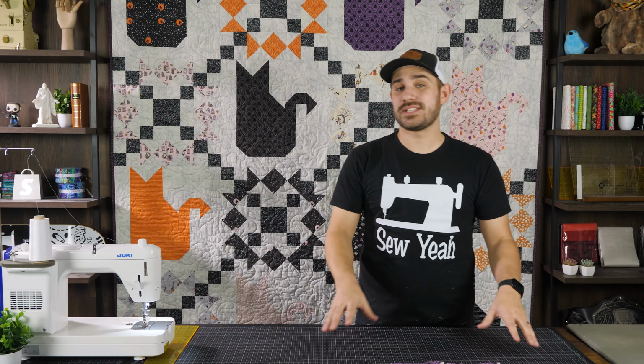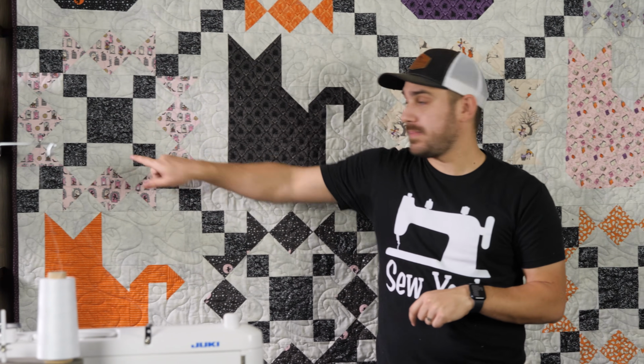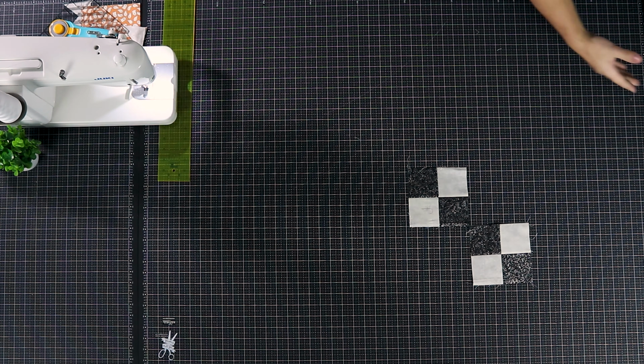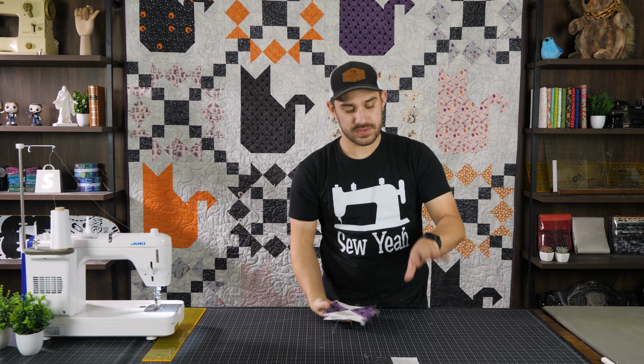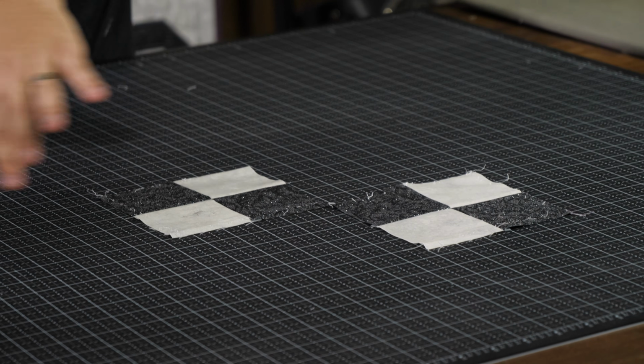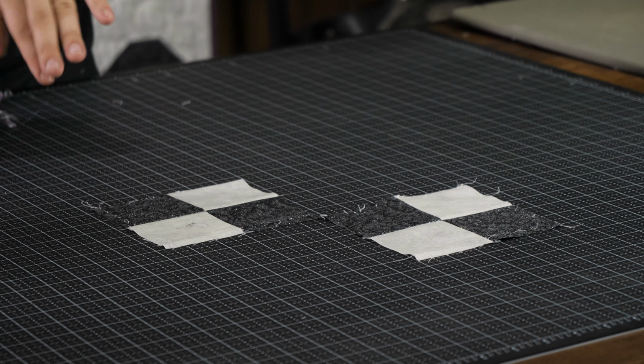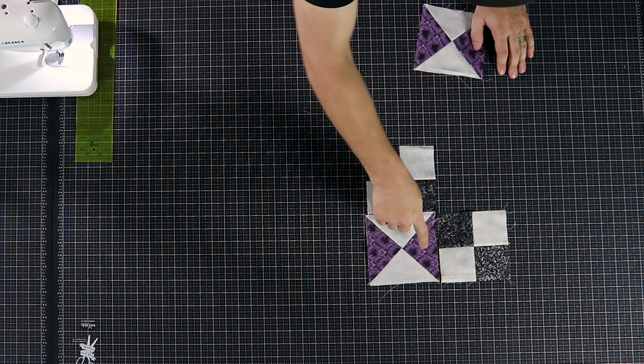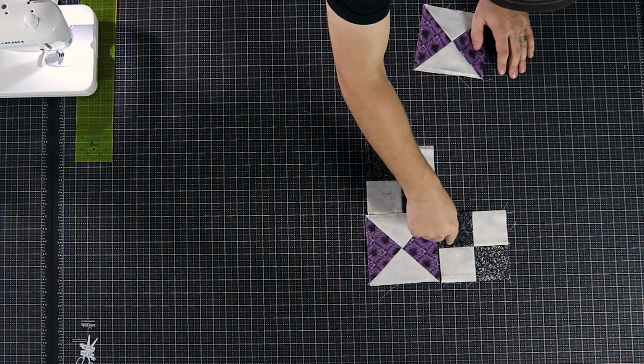Now, at this point, it's just a little bit of orientation, and putting these blocks together makes it real simple. I'm gonna start off with my 4 patches, and then I'm going to grab my quarter square triangles. Now, it's really important that there's a line going straight across with all the black checkers there. Then what you're gonna do is go ahead and put one of these here with the purple part touching one square,